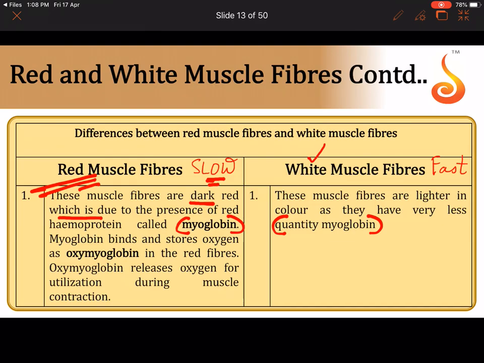Whereas the other ones, now for example, imagine you've gone to the gym, it's your first day at the gym, and you lift something extremely heavy. Your muscles will suffer from severe fatigue after that, and you can experience that pain for several days after that. So basically this is because